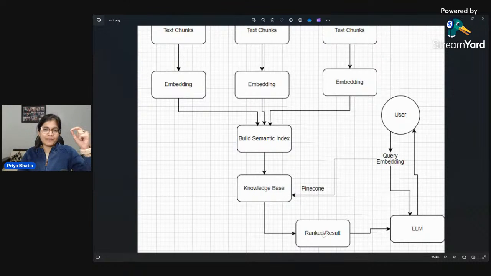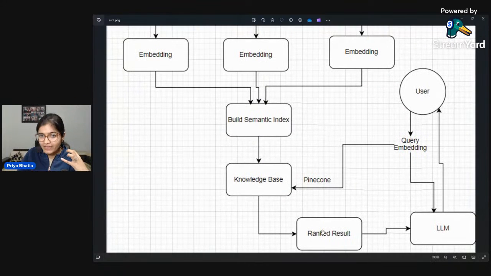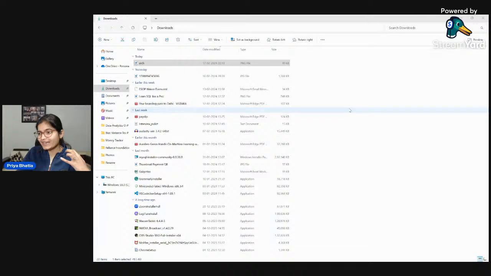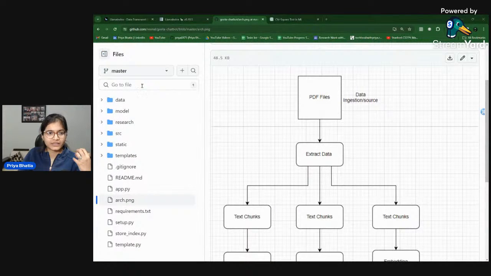And then, for example, in the Bhagavad Gita, maybe in some of the PDF format, at some particular adhyay, it is mentioned that karma is this or that. At that point of time, we are getting that particular response, which has the maximum rank or similarity score. Okay? So this is how the complete architecture will work. The way the output was displaying what is karma, or there are so many things, for example, what is love?